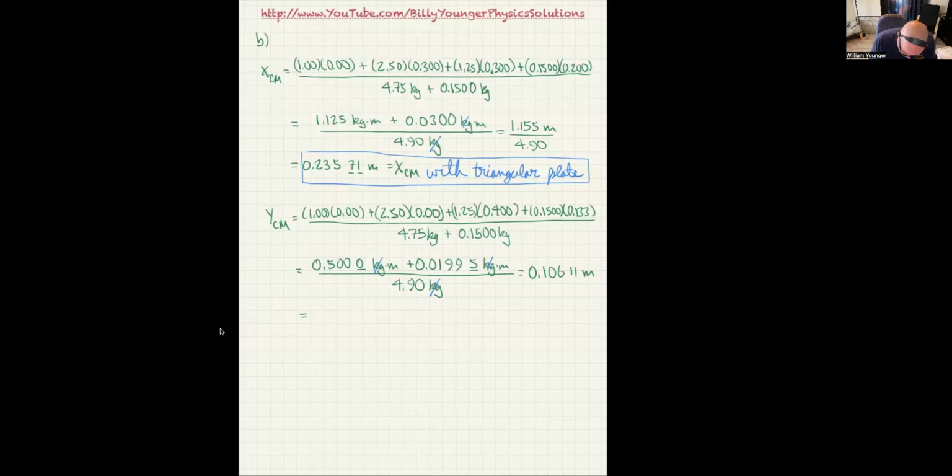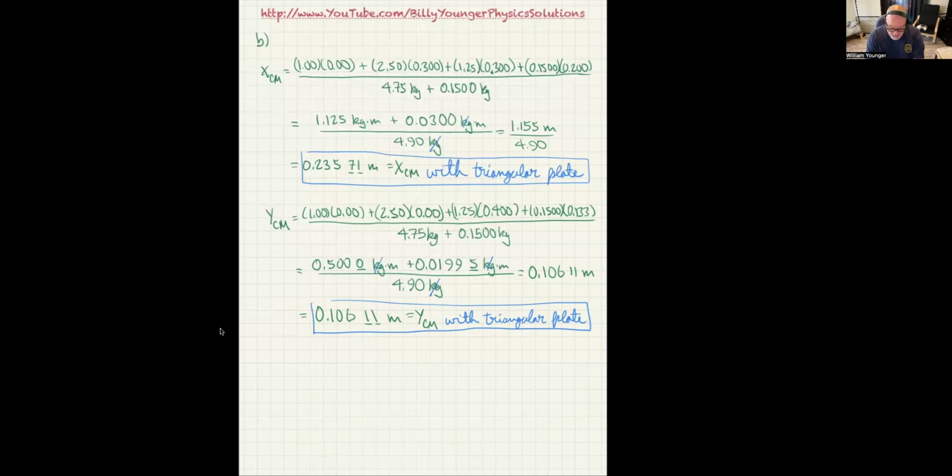So the Y center of mass, or actually I should write it this way. I'll just put the number down here. 0.10611 meters equals YCM with triangular plate. So I can box all this off, and we can see in this case we got 0.106 or 10.6 centimeters